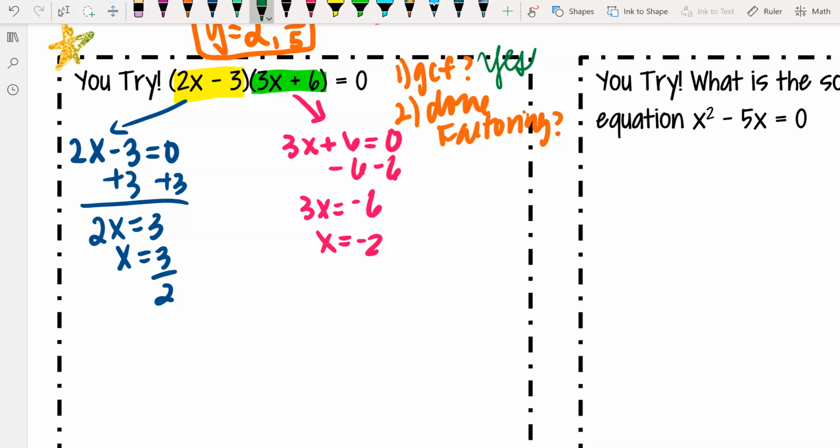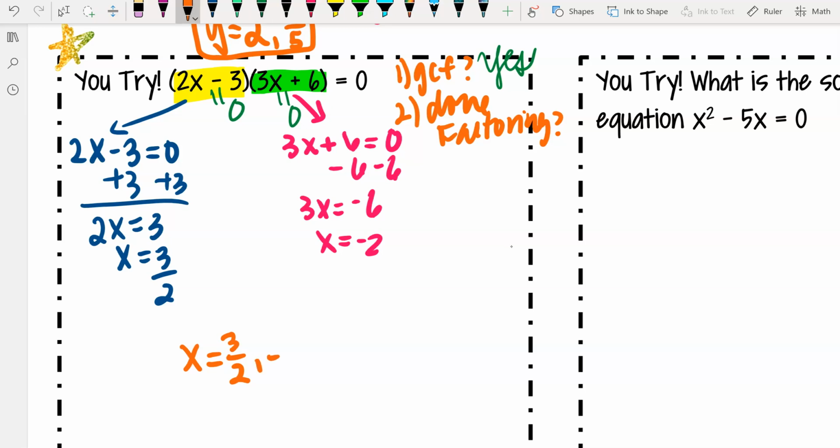So for the yellow, 2x minus 3, what does x have to equal so that the whole thing is 0? When you separate it and solve, you should be able to say, when x is equal to 3 over 2, then the whole yellow binomial is equal to 0 and makes the whole thing 0. Then the green one, same idea: when you separate it and solve, you should be able to tell me what x has to be equal to so the whole thing is 0,